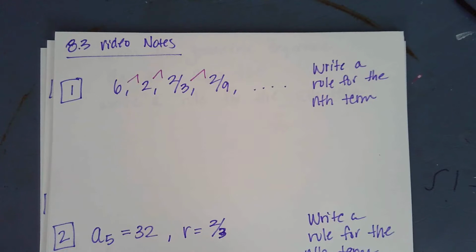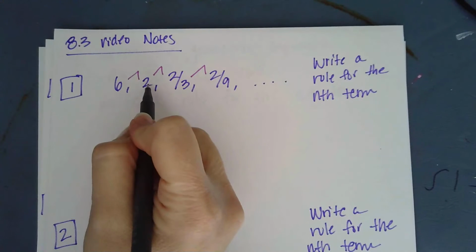So we know all of these are geometric, right? Because, well, that's what the section's about, and that's what I'm telling you. Once we get things mixed up a little bit, you would have to then determine, is this geometric, arithmetic, or maybe even neither? And so that's where it gets a little bit harder, but we'll get to that in a bit. Okay, so geometric. How you figure out the common ratio is, let's say in this case,